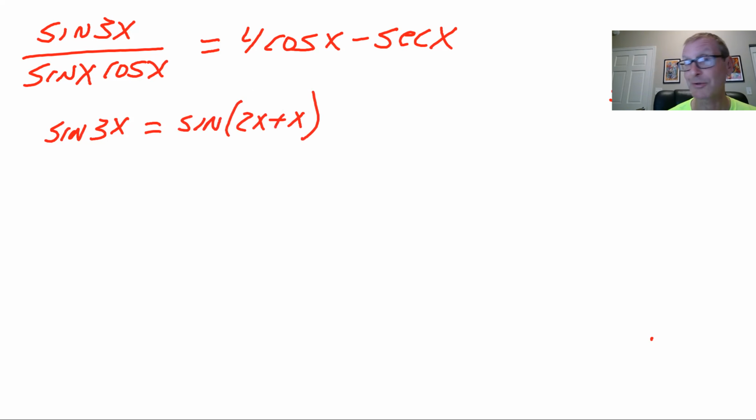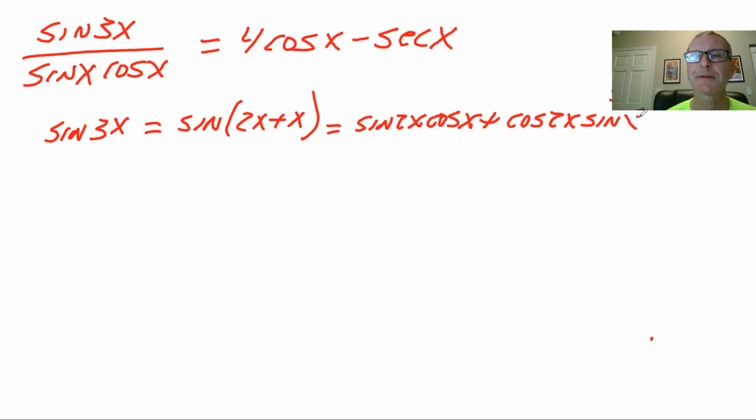Obviously, those are synonymous. So in this case, when you set that up, our new numerator would look like this: the sine of 2x, which is the first term, then cosine of x, and then plus cosine of 2x,